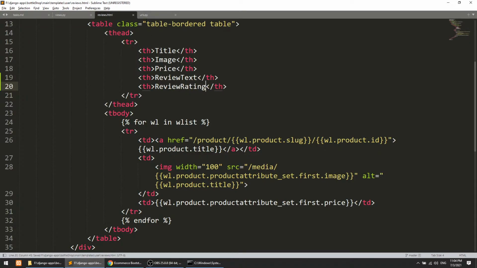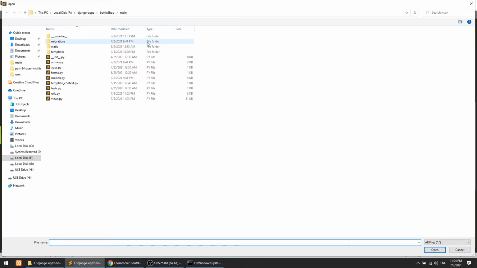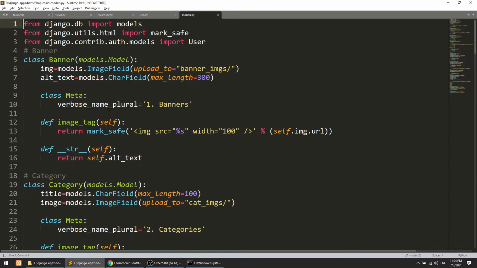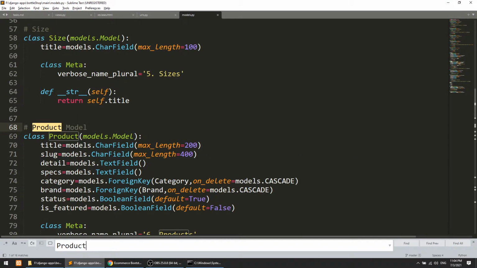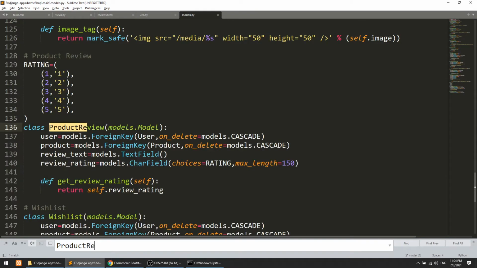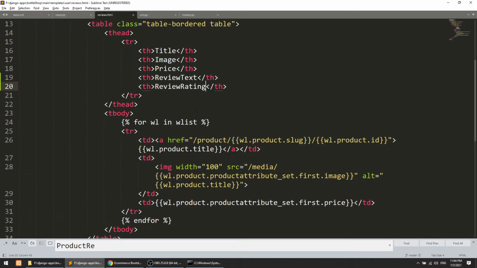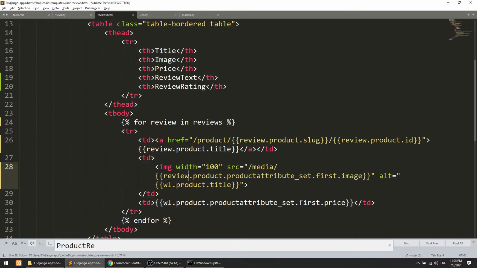What other things are we saving in the review? Let's go to the models.py file and look at ProductReview: rating and all the things. Fine. So here it will be reviews, and this will be review.product.title, and I will replace the price.